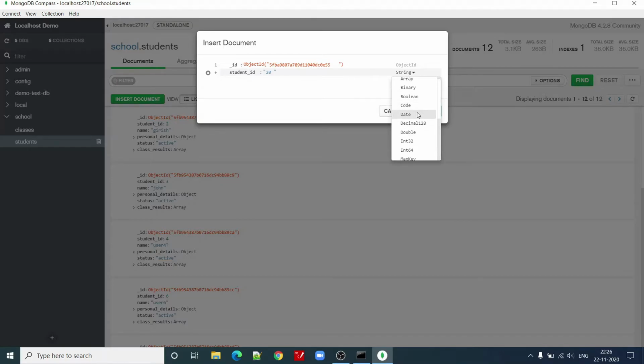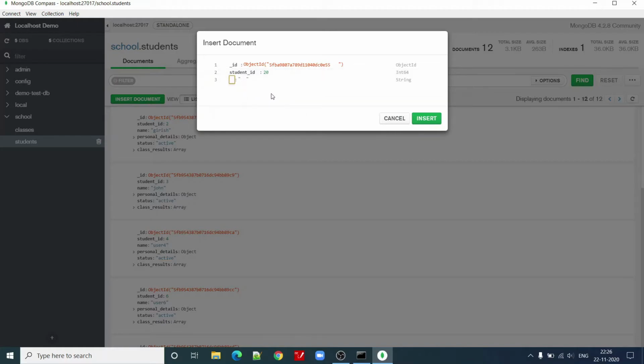I want to have it as maybe int64, right? And then I want to create a new field, add field after student ID, let us say name, then it is John.